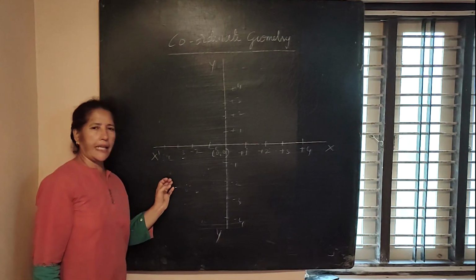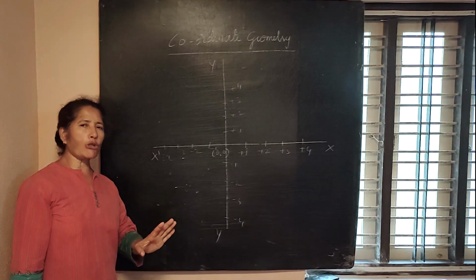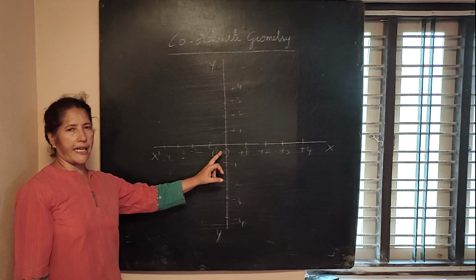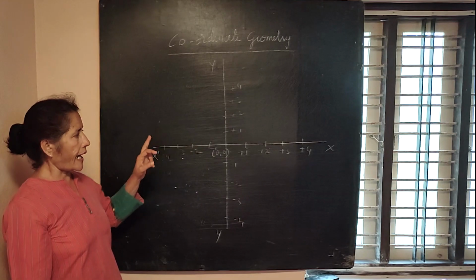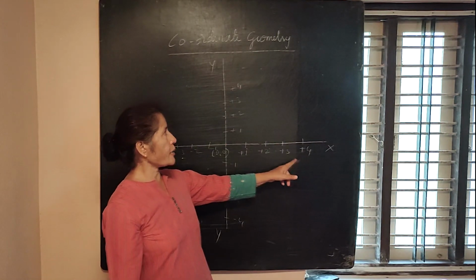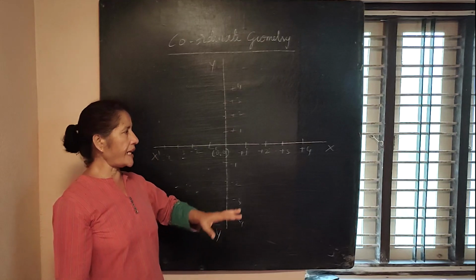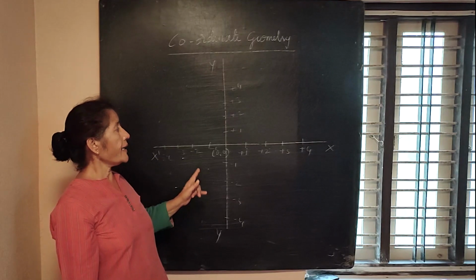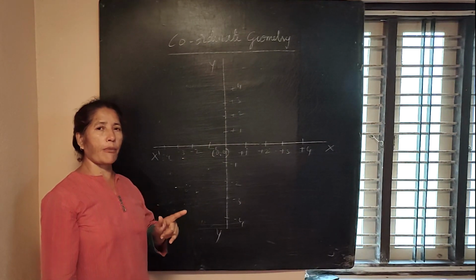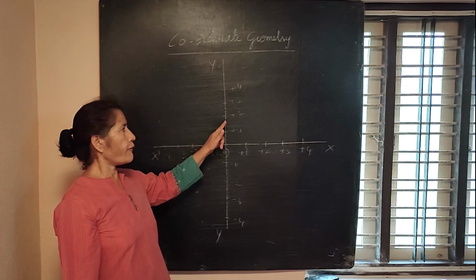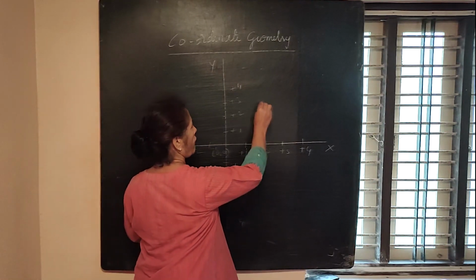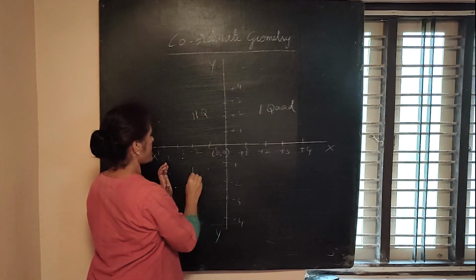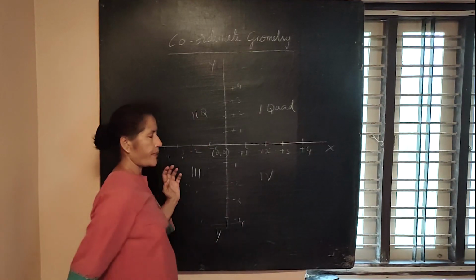So I repeat again, there are two coordinates. I can draw two coordinates in a plane, and the point of intersection of those two coordinates I call origin, and I name the coordinates as x coordinate and y coordinate. Practically I name them x dash, y dash, and these two coordinates make 4 sections or 4 quadrants. This is called first quadrant, and this is called second quadrant, this is third quadrant and fourth quadrant.